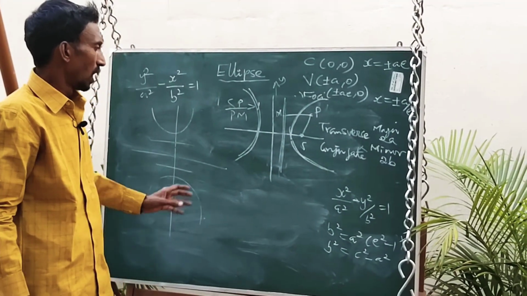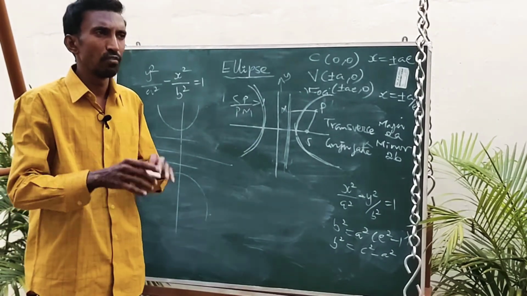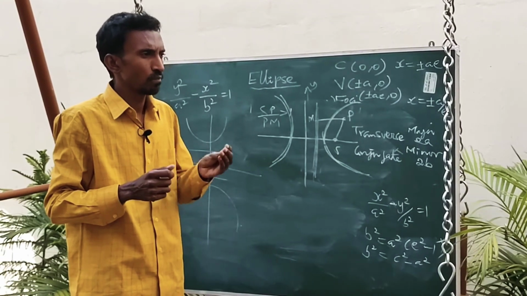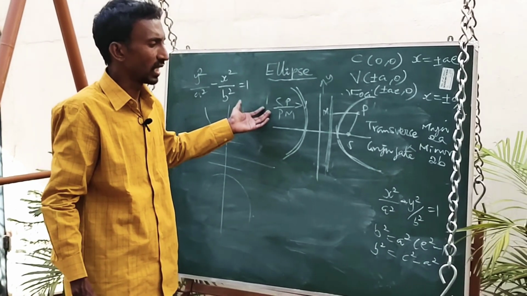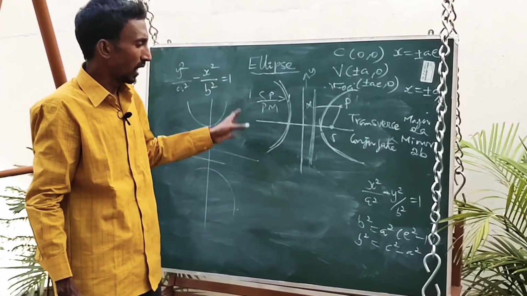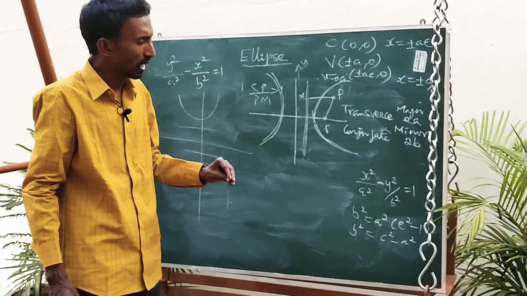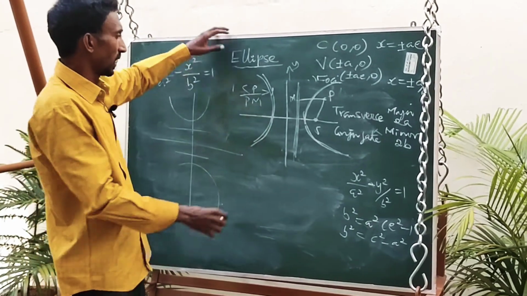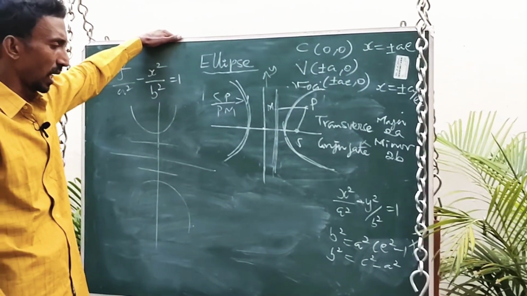So there is no need to mark up hyperbola separately. If you know thoroughly the equation of ellipse and the major points, then hyperbola becomes very easy. So just recall the two types of ellipse and two types of hyperbola and the major points. Here we are considering the center as 0, 0. So this is called the standard type.